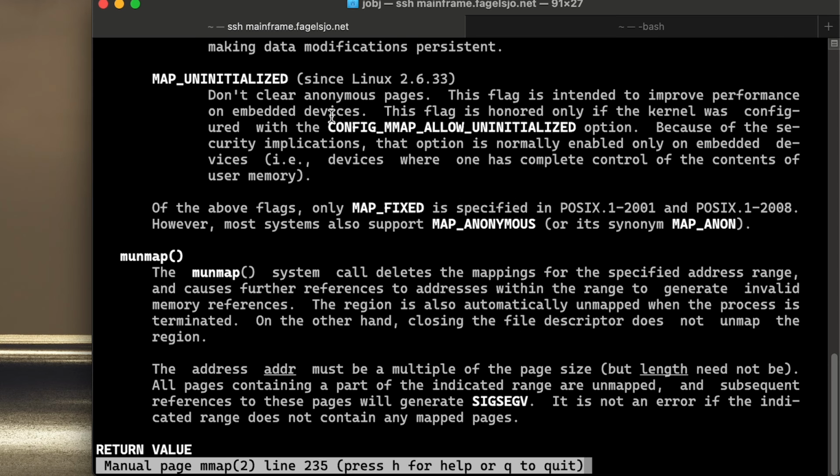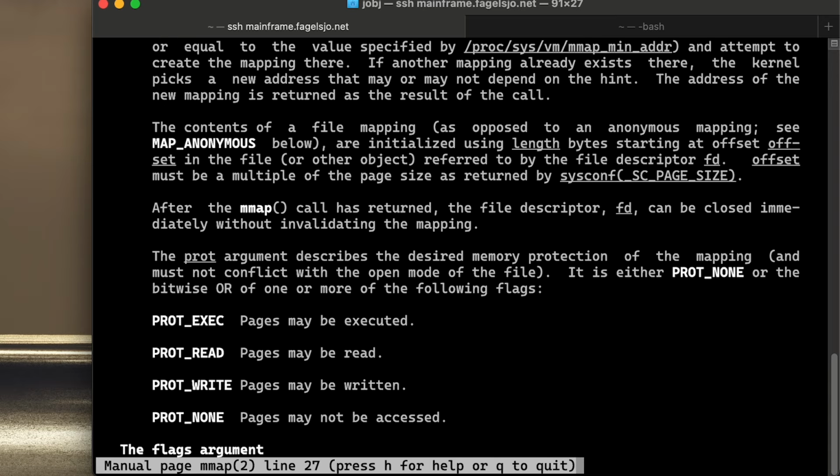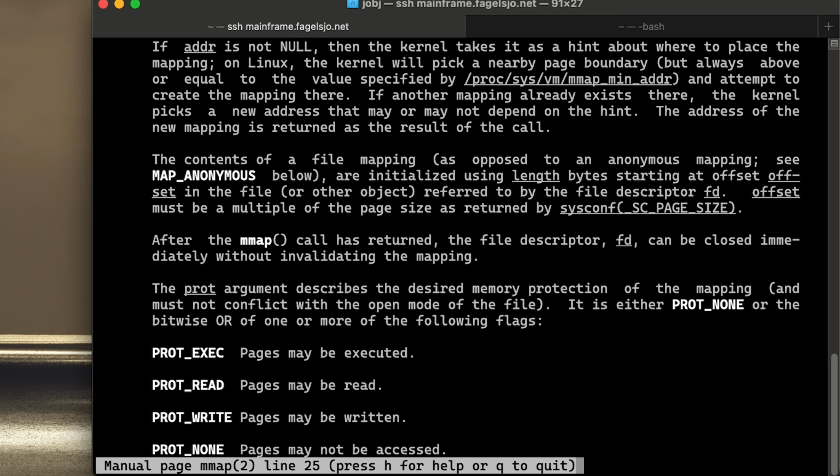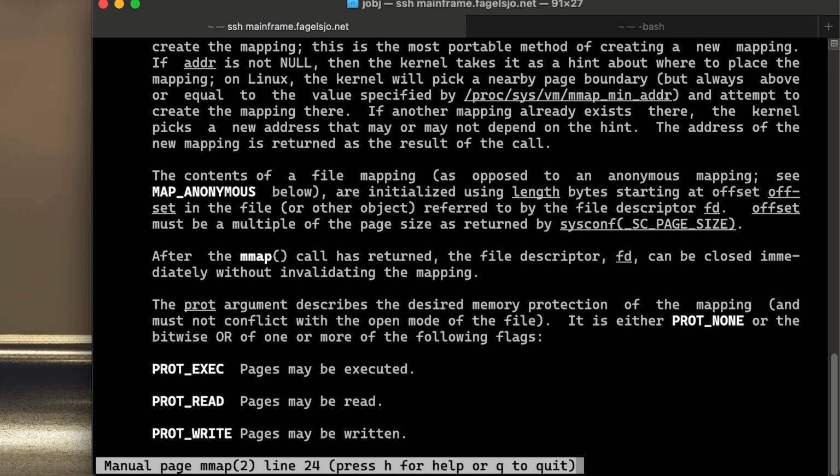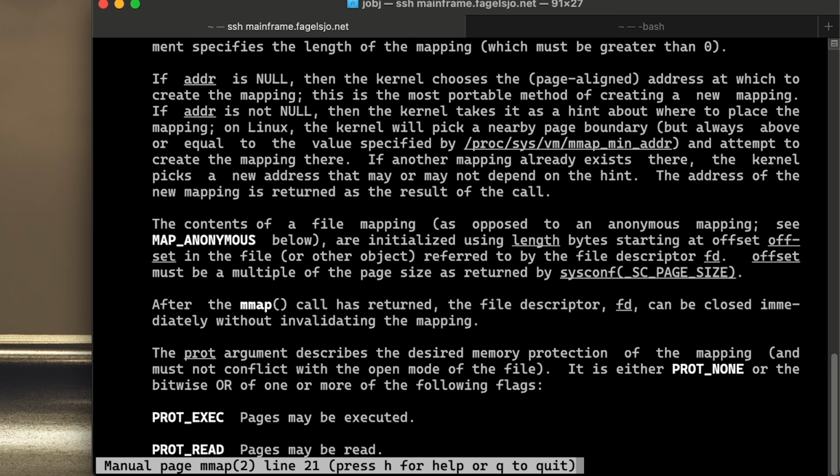Don't clear anonymous pages. Right. If address is null,